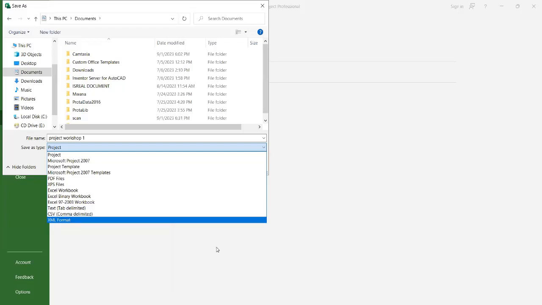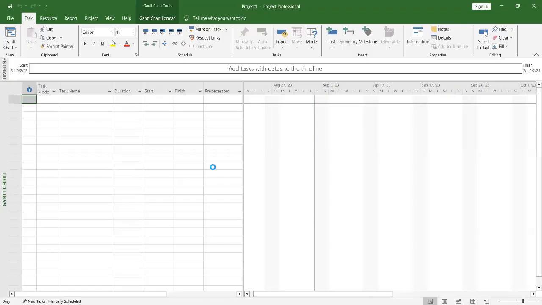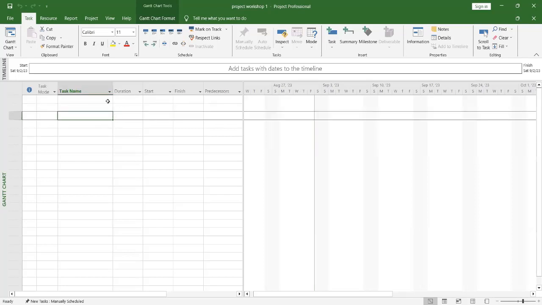Even without that, you can just save it like this as a project. All right. So after that, I click save. All right. I've already saved this environment. Okay. So now for us to do the setting, what do you need to do? Yesterday, I showed you how you can input your tasks, how you can change your task mode and all that, from manual to auto mode or from auto mode to manual, right? All right. So we'll go to